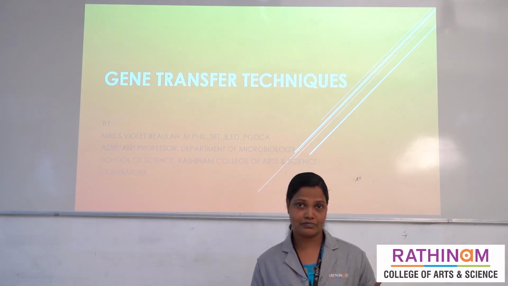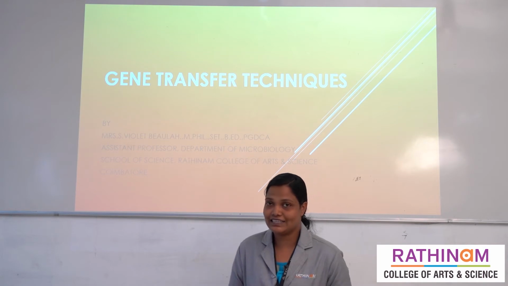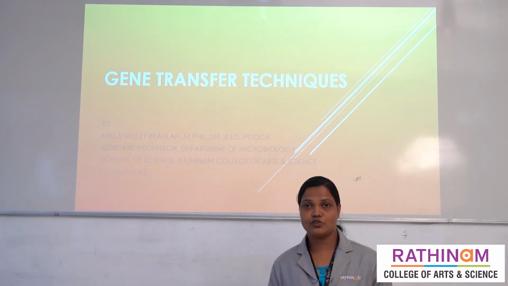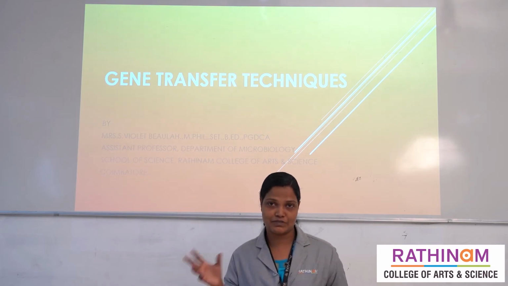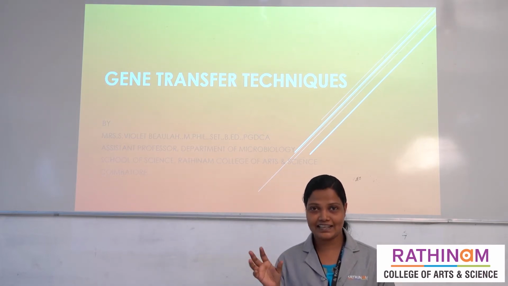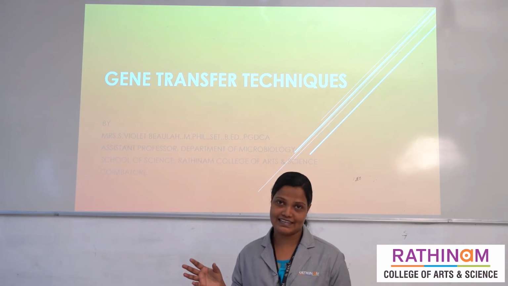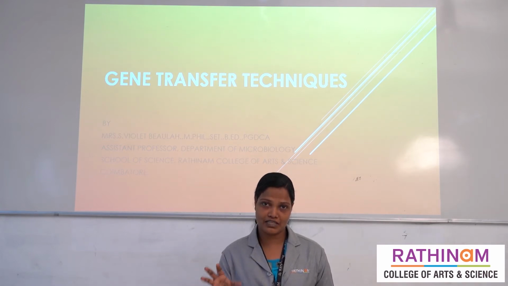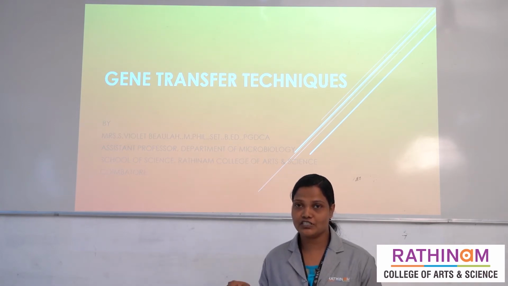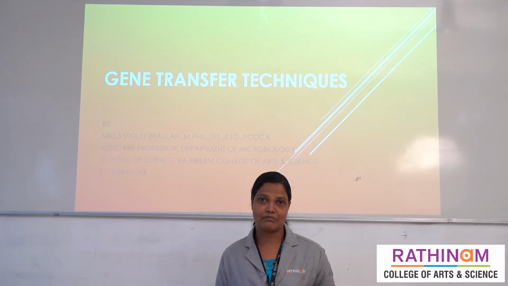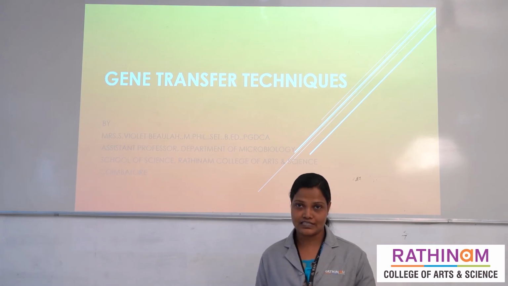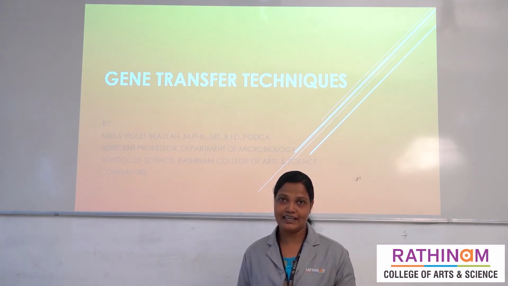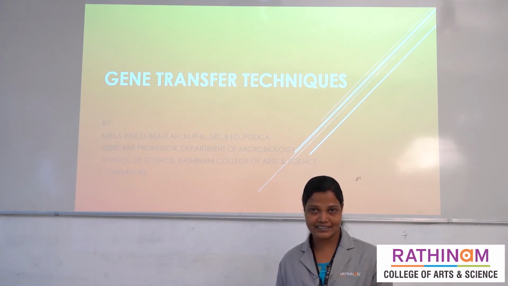The restriction enzyme is used to cut the DNA, and ligase is used to join the DNA. So, the two different DNAs have been joined, and that DNA is known as recombinant DNA. This recombinant DNA has to be put into the host cell. The host cell may be a bacterial cell, plant cell or animal cell. So, first we prepare the rDNA, otherwise known as recombinant DNA.